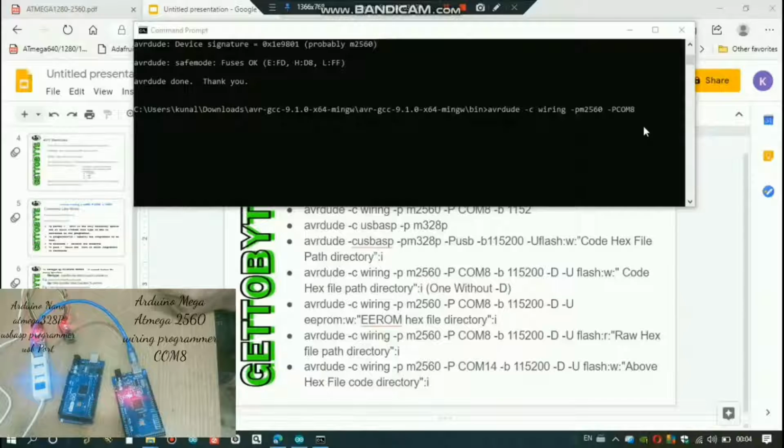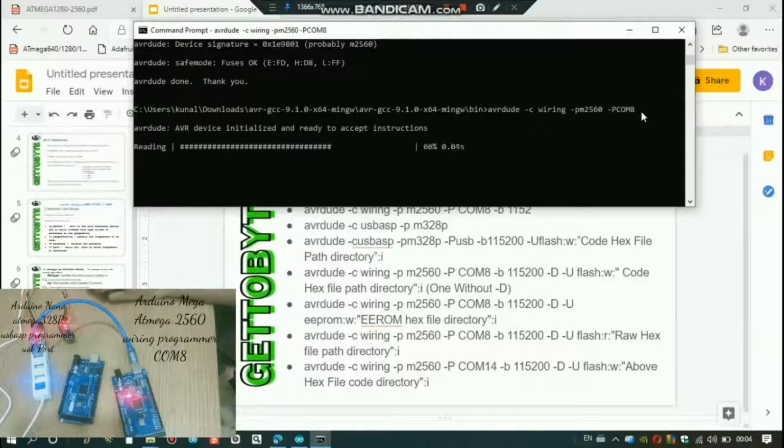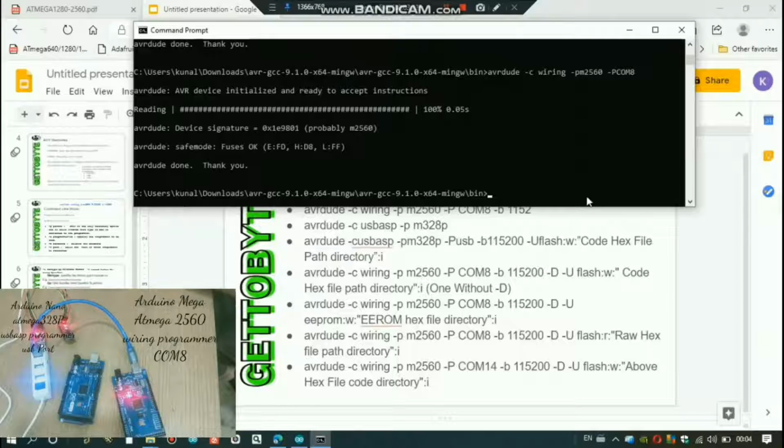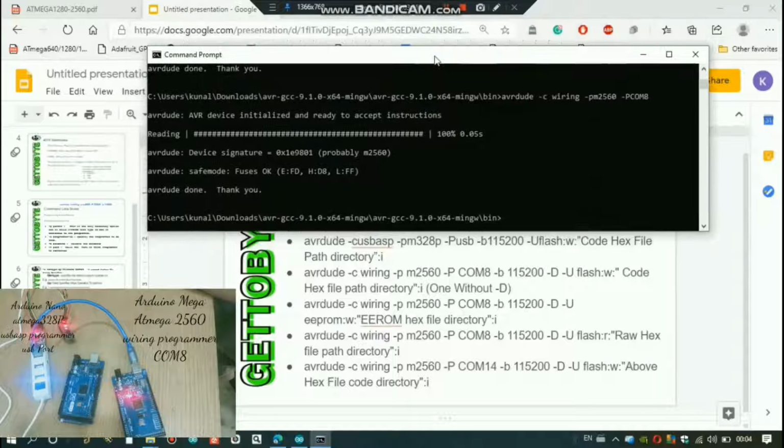Okay, so now let's just press enter. Now this command executing, minus C USB. So we will type avrdude minus C USBasp minus P M328P, minus capital P USB in small, and even if you don't mention the port, it's also no issue because we are using USBasp.